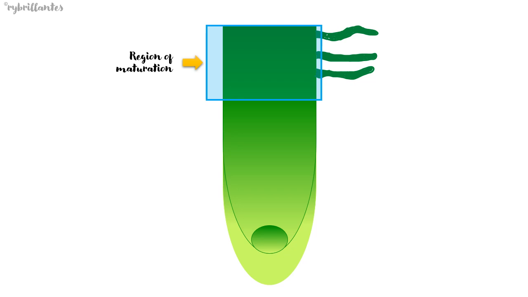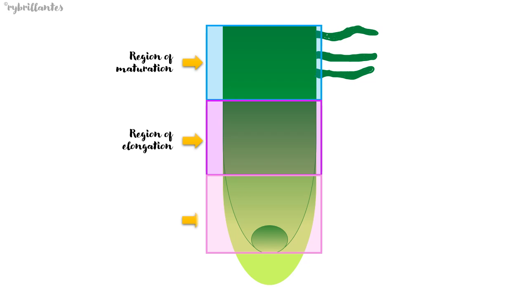perform specialized functions. Previously, the violet block contained cells in the region of cell division, but they also progressed upward and now they enter the region of elongation. And as I have said, the pink block indicates the new cells in the region of cell division. Aside from having cells that are mature and perform specific roles, a very prominent structure present in the region of maturation are the root hairs.